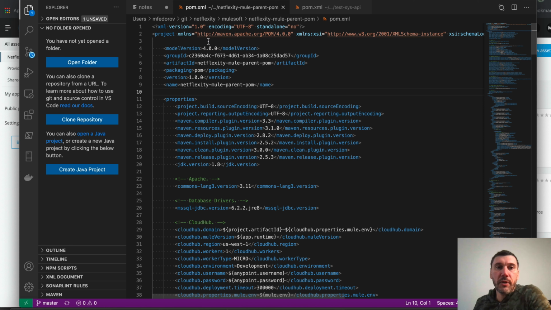It's super easy to define one by just declaring packaging set to POM, give it your version, typically it's 1.0.0-SNAPSHOT, and also group ID. This is very important for Exchange. Your group ID needs to match your organization ID that you can find in Anypoint Platform. Okay, so set your group ID to your org ID,